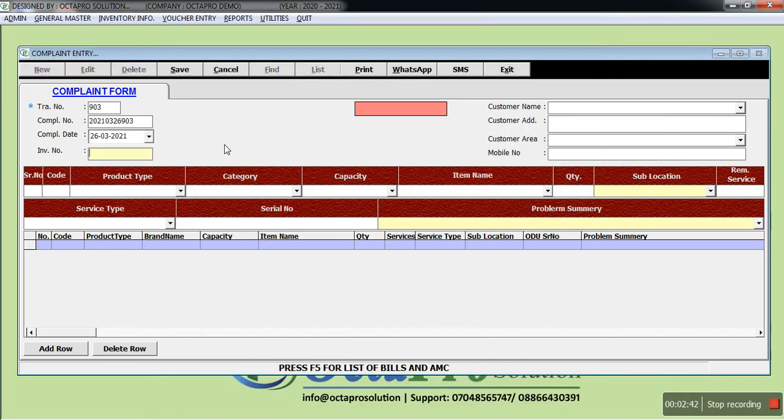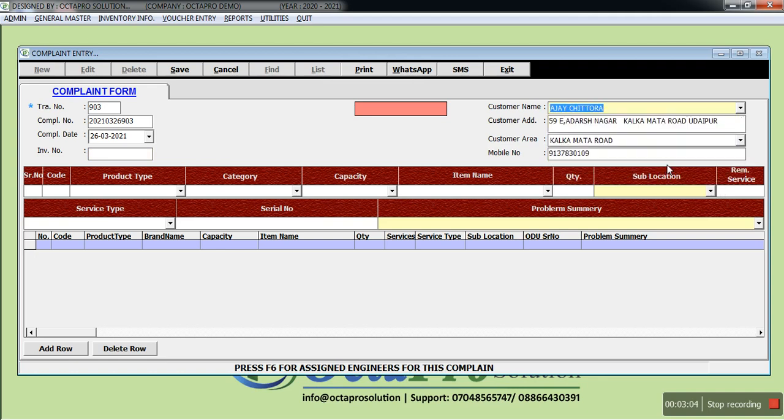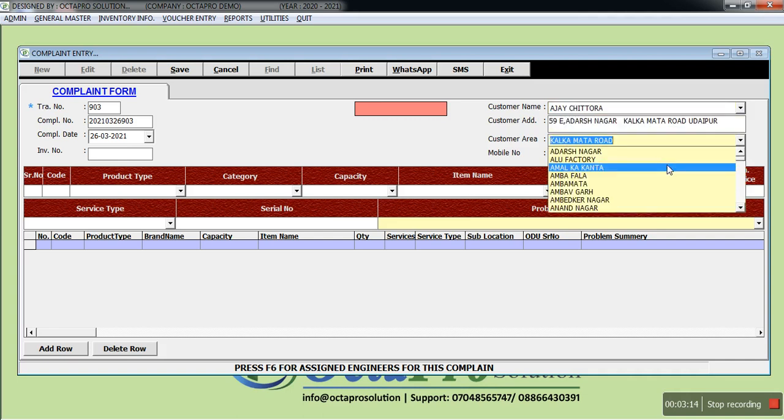We'll again select a new entry. We just don't need to press F5 here because it's not our customer. We are not having any kind of detail. We just need to select a customer or create a customer. If we have already registered his complaint previously, then we can directly select from the list. Like this. So after selecting a customer, we'll get all his details. Next, we just need to provide item details for which we are registering the customer's complaint.